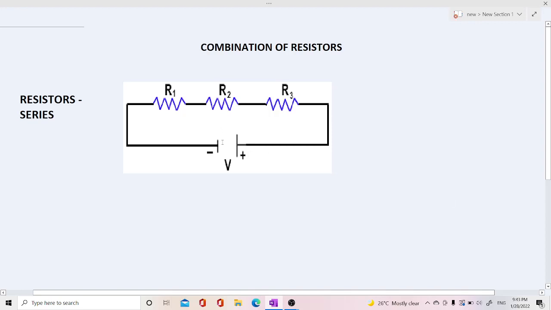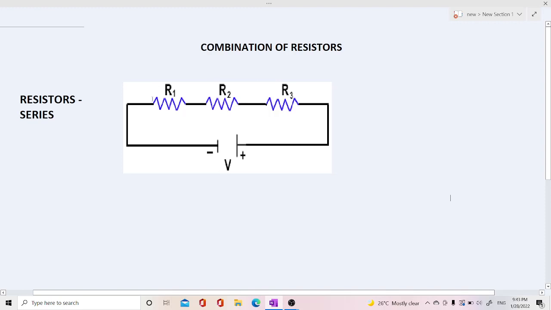Here the terminals of the battery you can exchange, like R1 can connect to positive and the end of R3 can connect to negative. That's up to you. And here potential difference is applied across all the resistors, which means here R1 is having